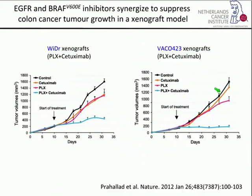Of course, this immediately, from a screen, highlights the potential to use this in the clinic in those colorectal patients that carry a BRAF mutation. And indeed, this is a clinical trial that's ongoing at our institution and until now seems to be quite successful. Of course, it was quite unexpected to identify one of these upstream mediators in the pathway's potential